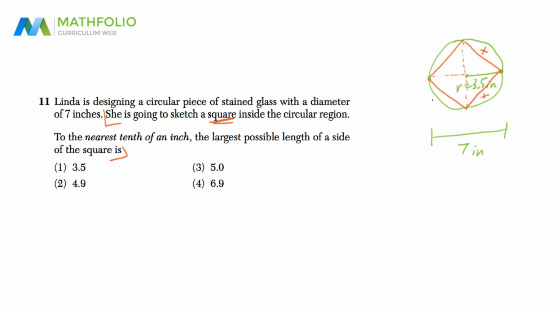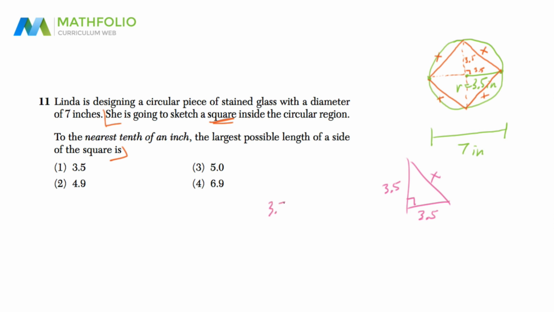And all of these are x. So our whole mission right now is to find x. Now this is 3.5, which we already have, and also this is 3.5, and this is 90 degrees. If you look very carefully here, I'm going to draw this in pink, this is a right triangle: 3.5, 3.5, x, which is what we need. This is 90 degrees because the diagonals of a square are perpendicular bisectors. So all of a sudden, we could use the special ratios for a triangle here because we have two sides that are the same, or we could just do